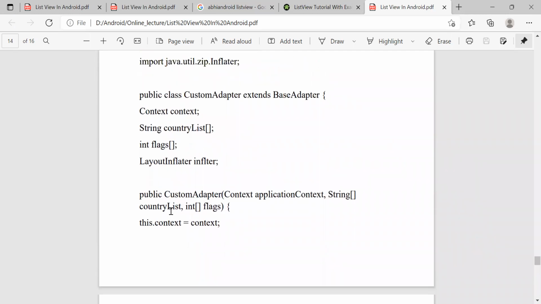After that, the constructor we have created, you have learned constructor in Java, a public CustomAdapter, that we pass the current page context, that is the application context, string array of country list and flags.